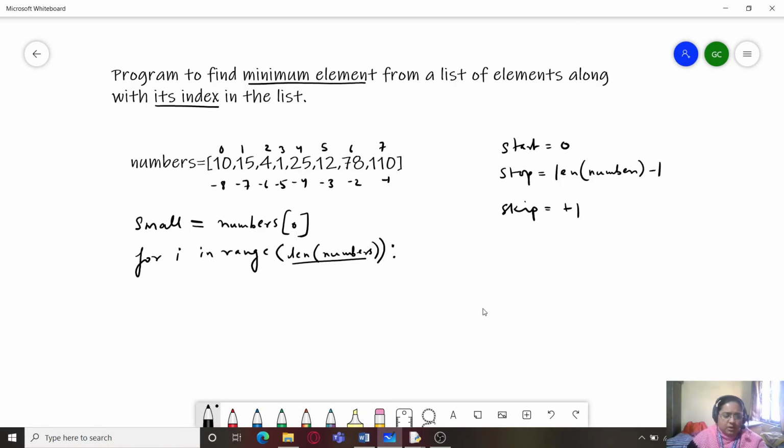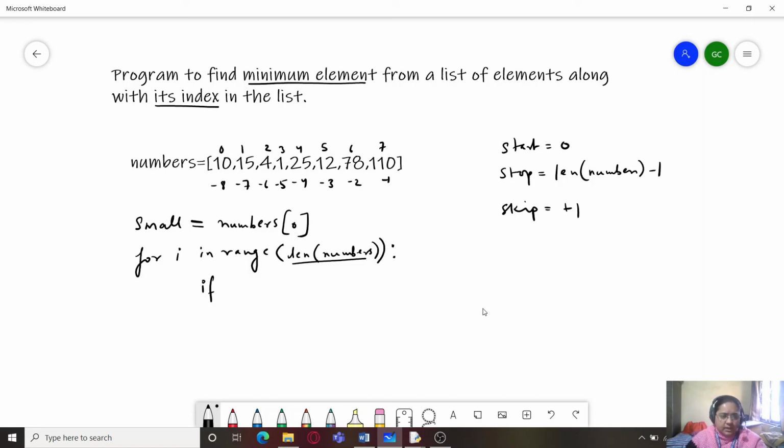So there are two or more ways of doing this. So we'll first see the first way. Now the idea is, if any of the list elements is less than this small, then we will assign that value to small.